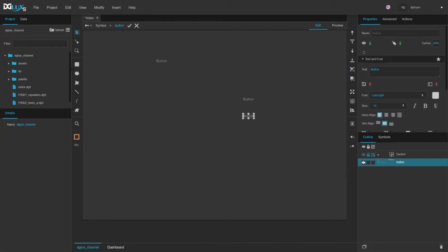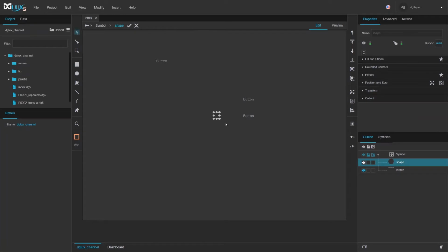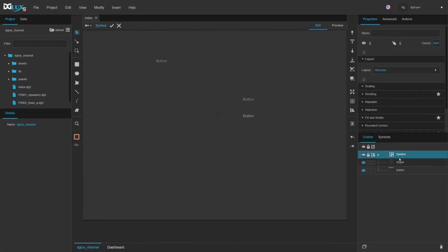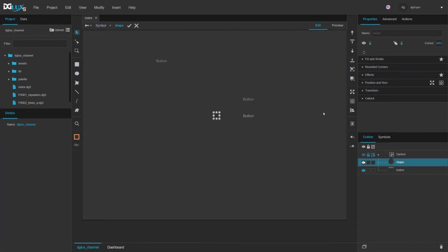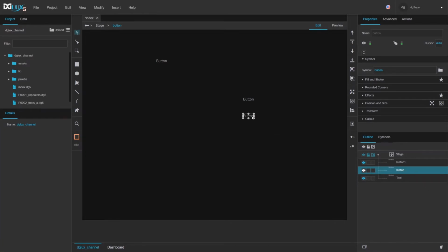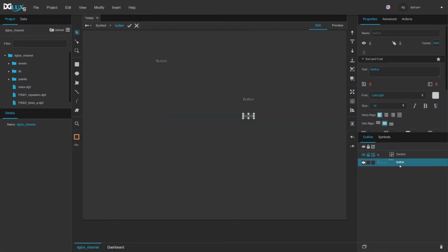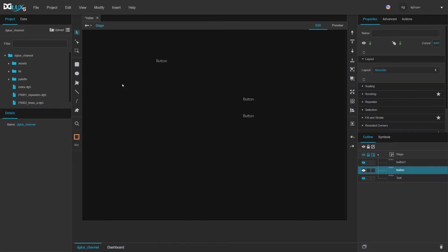So if I try to add anything else, let's draw a rectangle. It's inside the symbol stage, but should I try to exit and get back in, it's not there anymore. Because again, my text is my symbol root, and I cannot place anything inside text. So what would be the proper way to create this button symbol in order to keep it open for future enhancements? Well, in that case, I would start with a group,